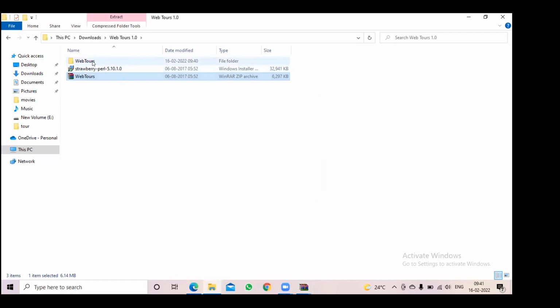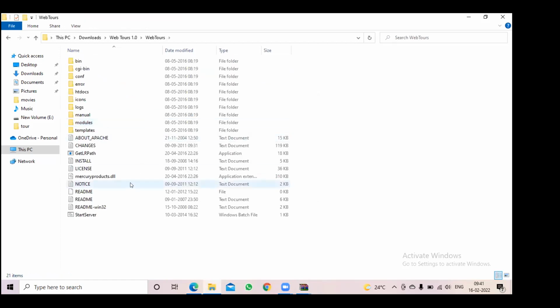Once the extraction is completed, go to that webtools folder. And again, how to see the file name extensions? Suraj, I'm opening the right click in the web browser, sir. No, I am asking how to see the file name extension. Previously, you saw start server.bat, right? Yes, sir.